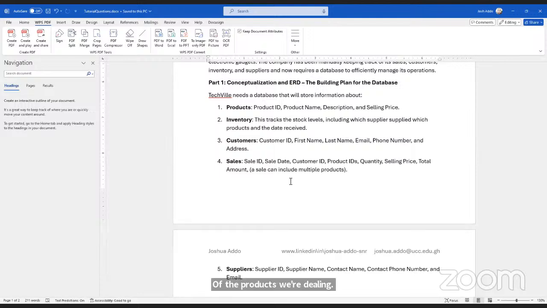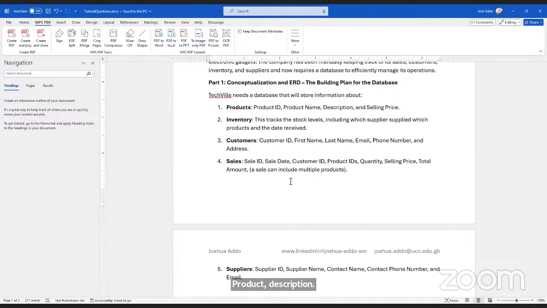All right. So we need to get a table. In other words, we need an entity called product or products, which does the job of storing all the products we're dealing in. At this point, as accounting students, you can even think of some of the features that you want to pick off the product to store in the product database: product ID, product name, product description.